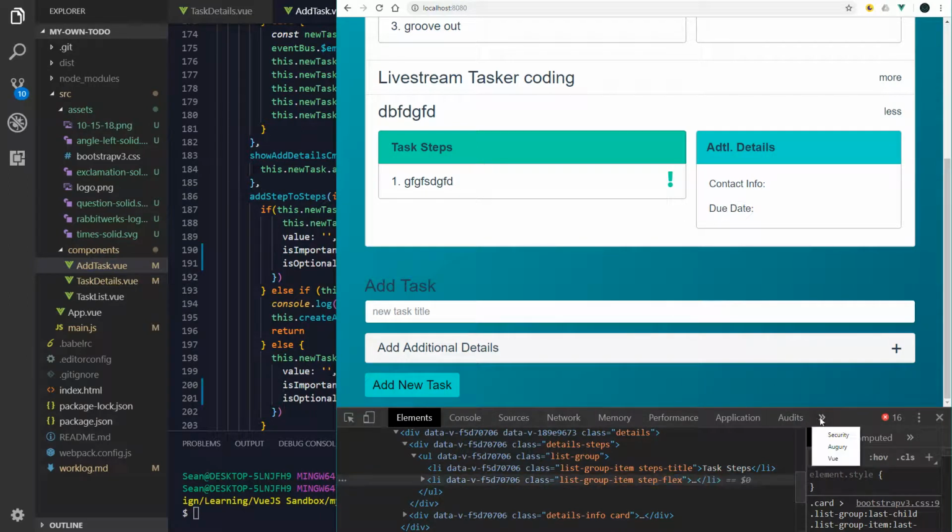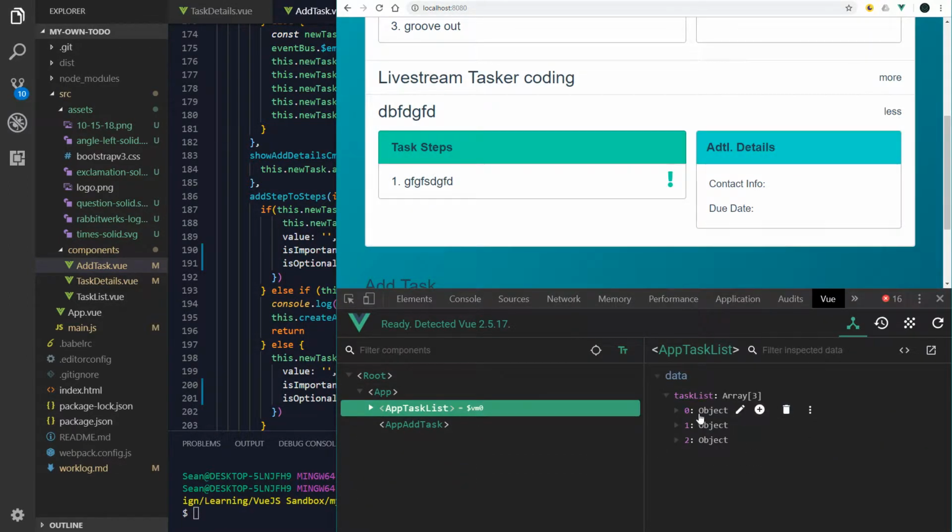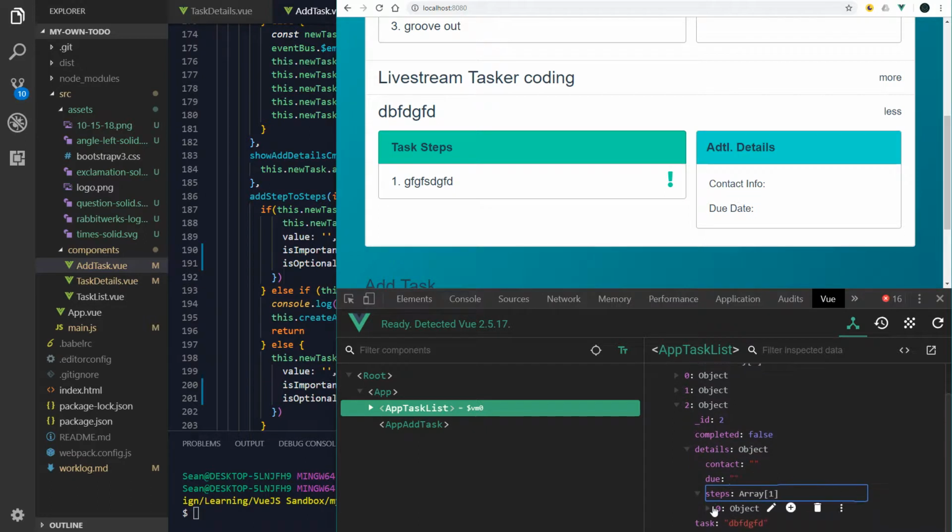Oh, if we look at the Vue dev tools, task list, and the third one, details, steps, object, true and true. Cool. So they're both in there. So we just need to have maybe set the